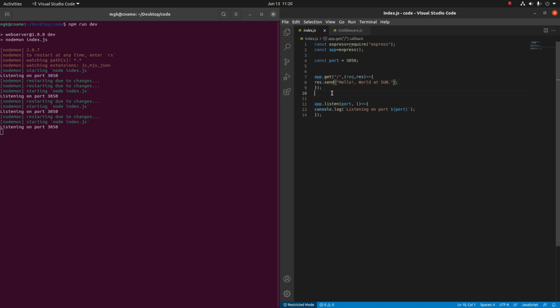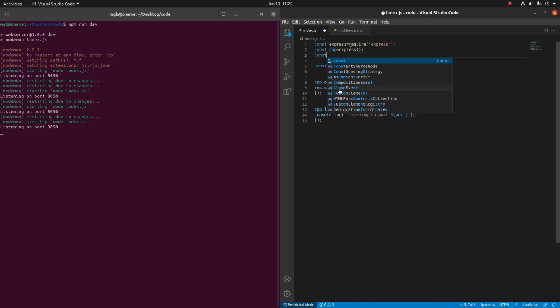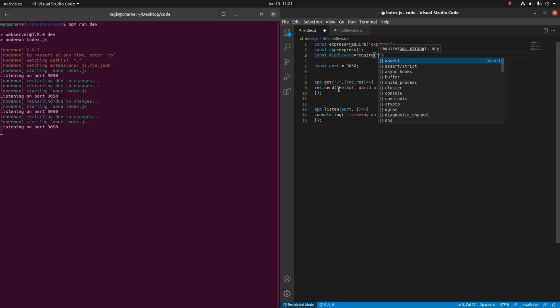Now we need to include it here, so we'll define a const and then middleware, and then we'll be requiring it from the same directory. We can directly put it as middleware. Then middleware, we need to use it before we make any request.